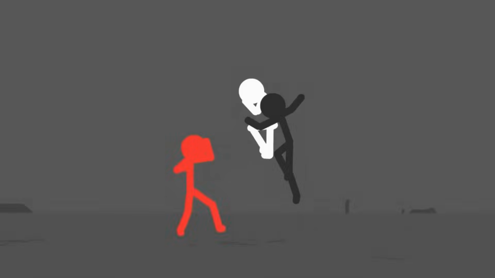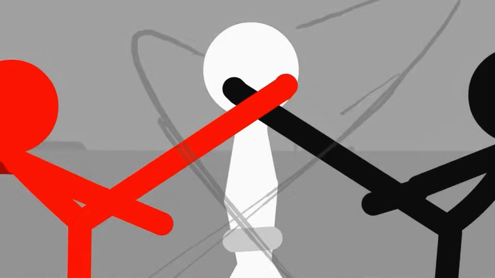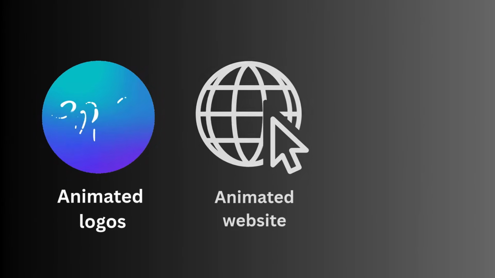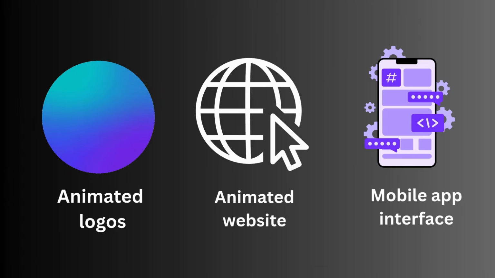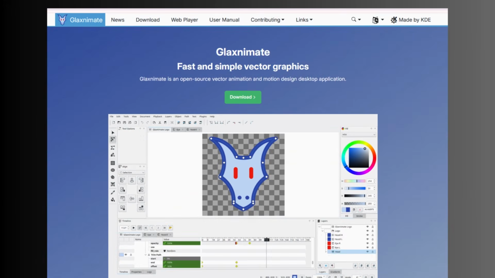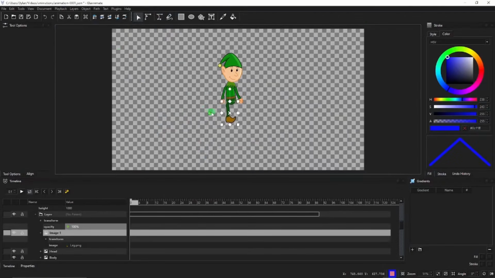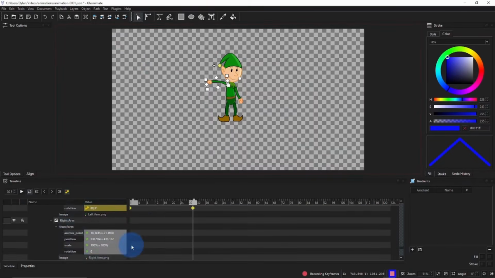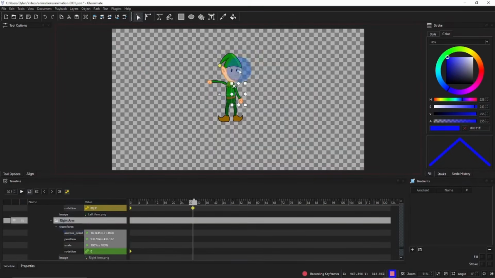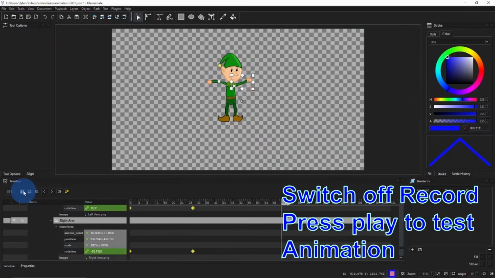So far, we've focused mainly on creating traditional 2D animations. But what if your goal is designing animated logos, website animations, or mobile app interfaces? That's where Glaxnimate comes in. Unlike the previous software, Glaxnimate is built for vector animation. That means your graphics stay sharp and smooth even when you resize them, making it perfect for websites, mobile apps,